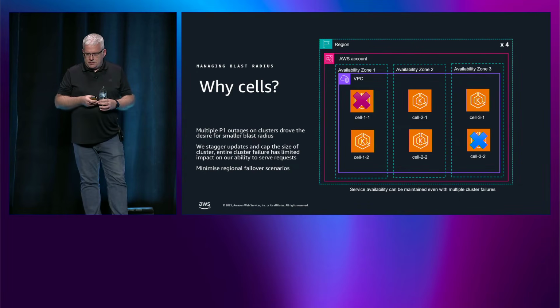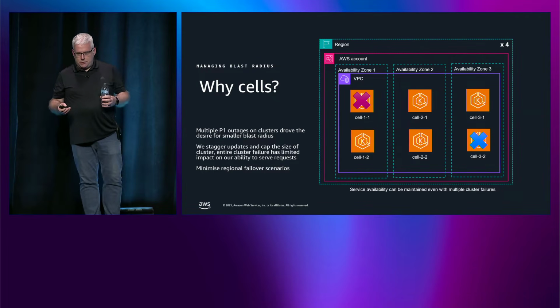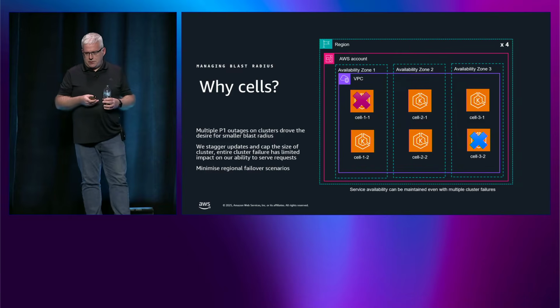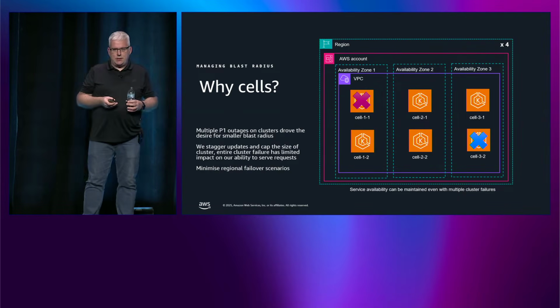So why do we use cells? Well, it gives us a guarantee. A failure in one cluster only affects 1 over n of total capacity. So we cap the cluster size, we can stagger upgrades, and we enforce an n+2 deployment policy for services. That means a service will be deployed in at least 3 clusters in a region, sometimes up to 5 for large services. This means we can survive multiple cluster failures without dropping availability and without resorting to full regional failover most of the time. So the mental model here is designing for partial failure as the normal case, and not an edge case.